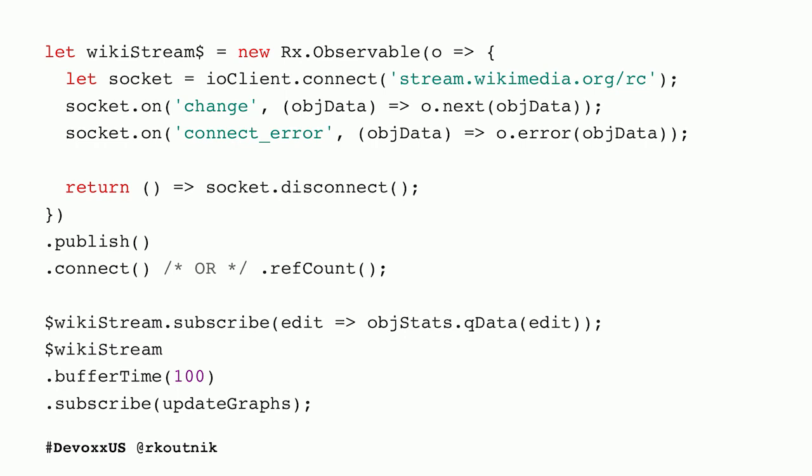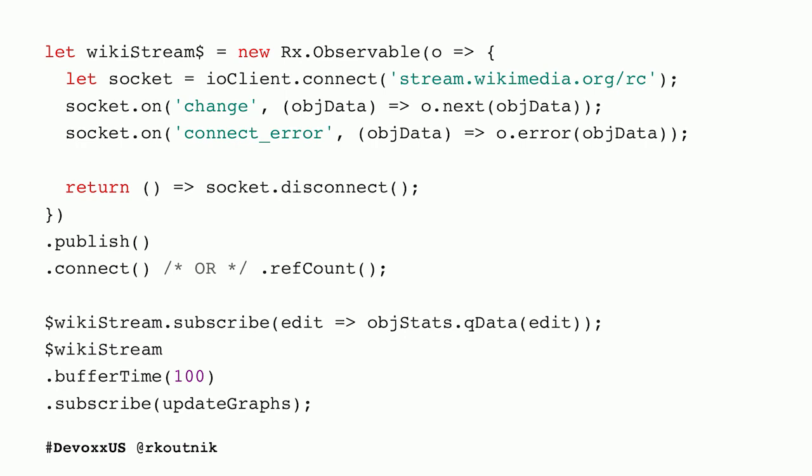In that case, we have ref count. And ref count keeps a count of the references, or subscriptions, to the root observable. So long as there is someone listening, it will emit data, but as soon as the last listener unsubscribes, it will also unsubscribe from the root observable and pass that back and forth. So I typically use connect because, again, I am lazy and it just works, but there are occasions when I do need the cycles or whatever, and I use ref count. These are the two options.